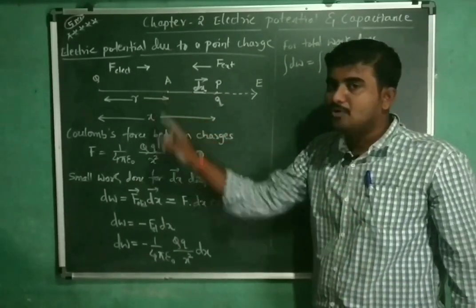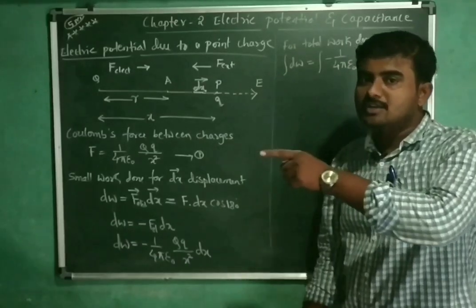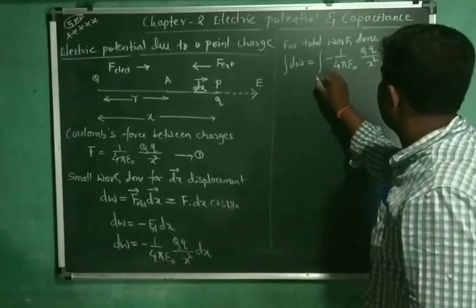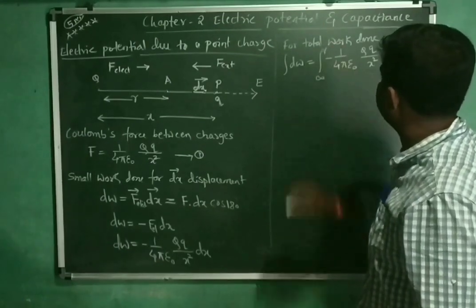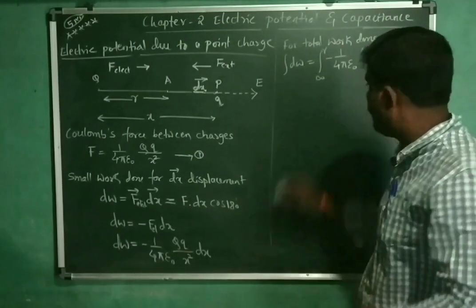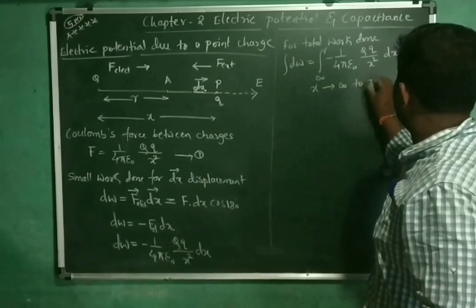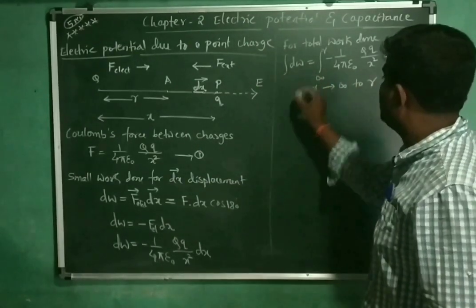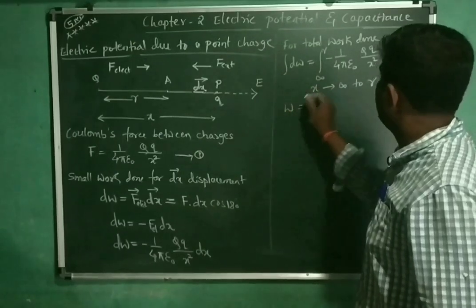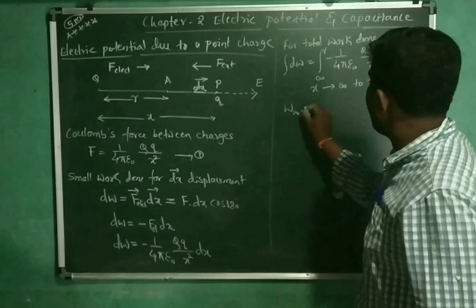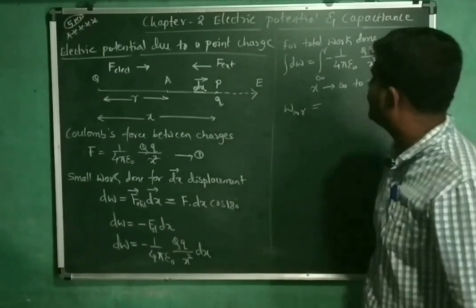From where have we taken the charge? From infinite distance we have taken the charge. Therefore our limits are going to be infinity to r. The x value varies from infinity to r. And integration of dw is what? W, from infinity to r, is equal to,